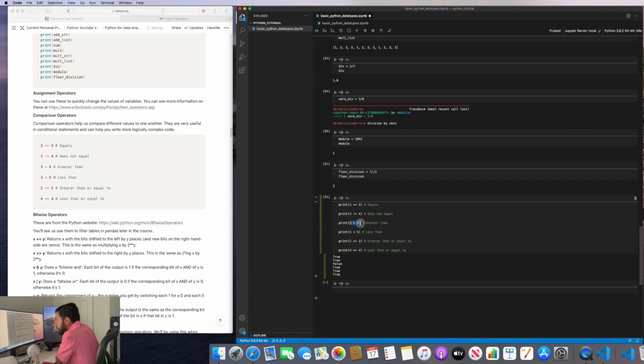Okay, so the third one. 3 is greater than 4. That is obviously untrue. So that's false. 3 is less than 5. That is very true. 2 is greater than or equal to 2. That is true. And 4 is less than or equal to 4. That is also true. So, you'll see over here,